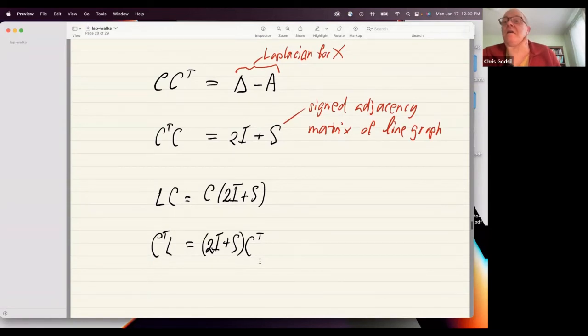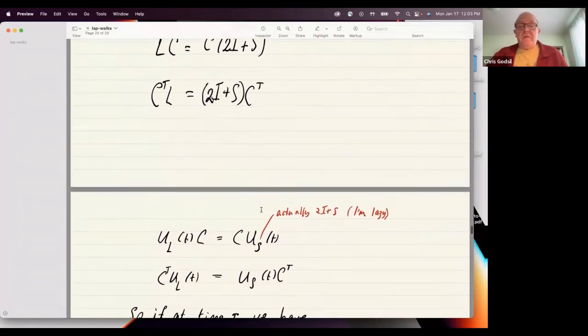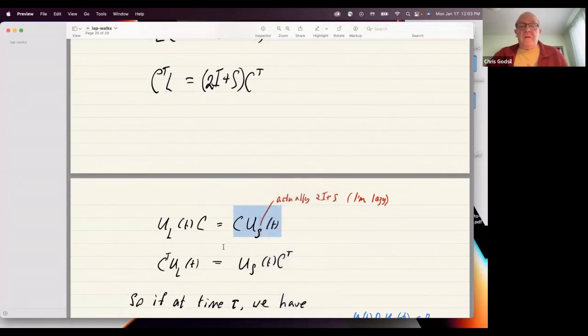So we have those two relations. Now I'm going to do the obvious. My transition matrices have been x by t L, but there's nothing stopping me from taking x by t (2I plus S) as my transition matrix. And so I'll get two transition matrices, and you discover that U sub L of t